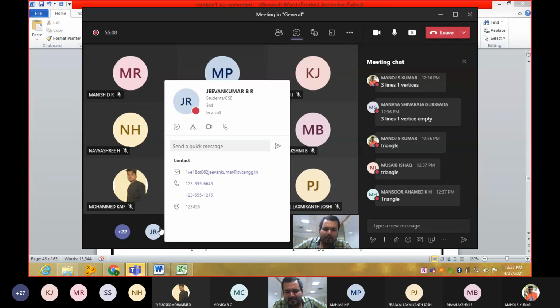A polygon with 3 vertices or 3 sides, you can call it as? Kavya, Manasa,